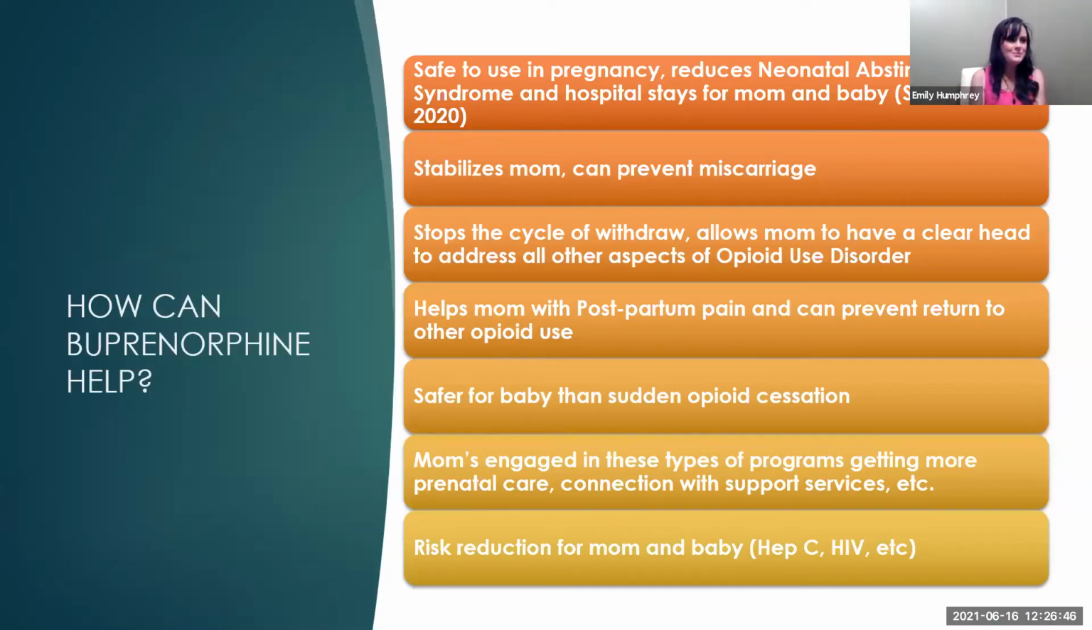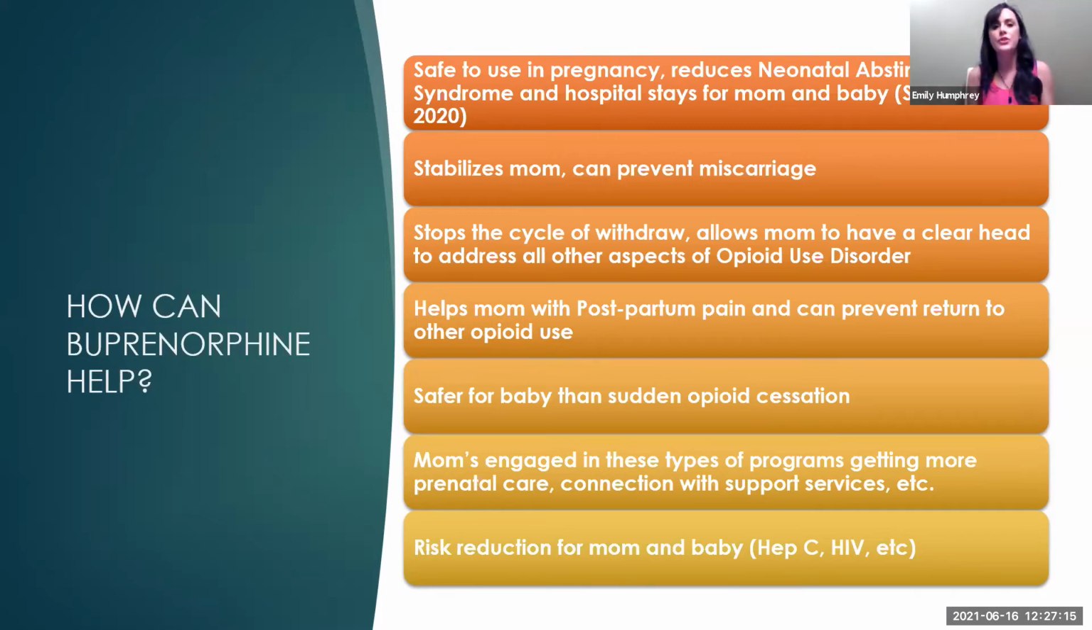So how can buprenorphine help? Going back to my roller coaster example earlier, this helps people get off that roller coaster of feeling sick all the time. It helps stabilize mom, helps prevent miscarriage. It helps stop that cycle of withdrawal so that mom can have a clear head and start to get all the other aspects of life in order related to her opioid use. It is safe to use in pregnancy, and it reduces neonatal abstinence syndrome and hospital stays for mom and baby,